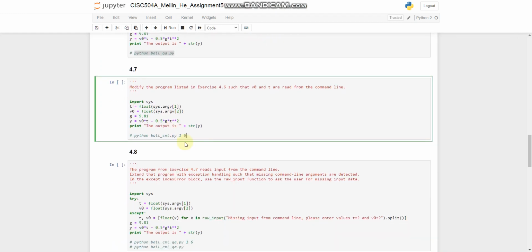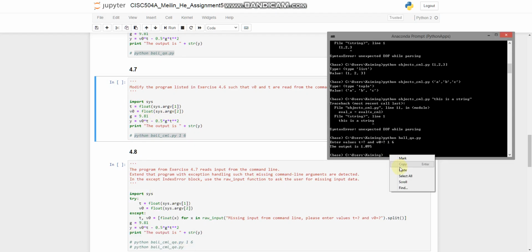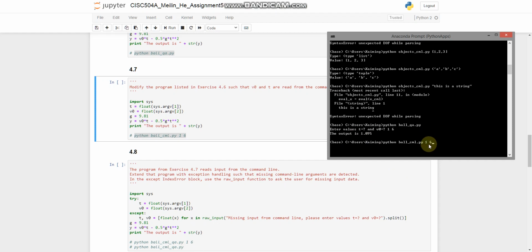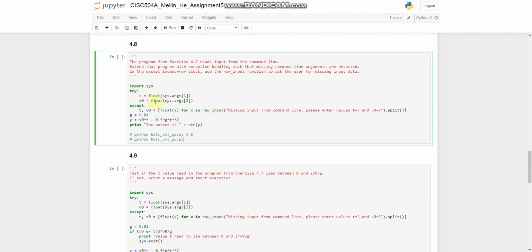And similarly, the next question is the same program but taking both of the two inputs from the command line. So I will again run the code with those two inputs. We have added